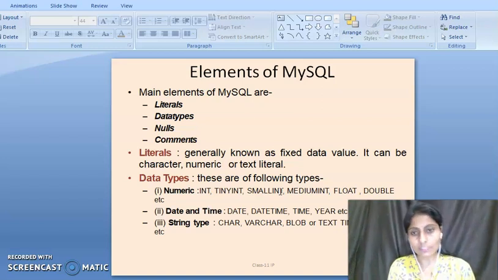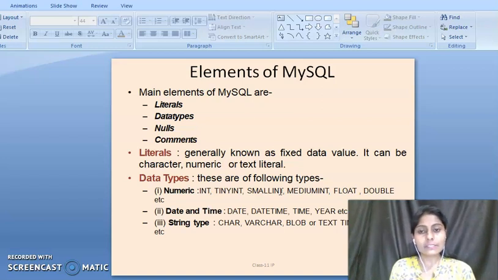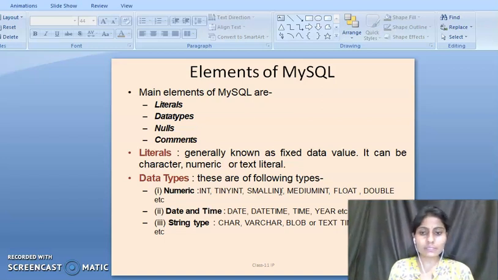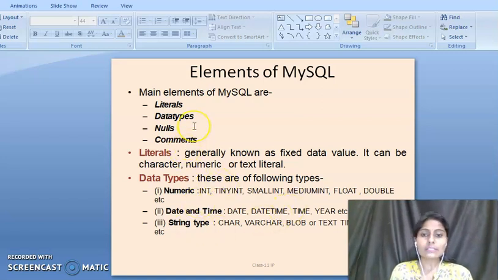If the literal contains an integer value in itself, then it's known as an integer literal, and if the literal contains a decimal value, then it is called a float literal, or we can say a decimal literal, and if it contains a character type value or text type value, then it is called according to that type. Okay, so I will give one example of a literal.